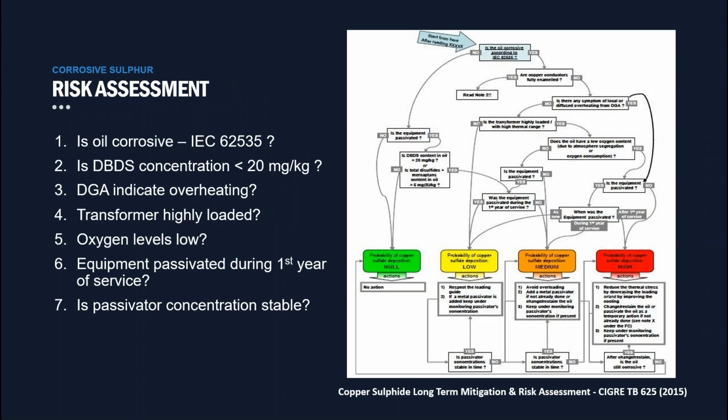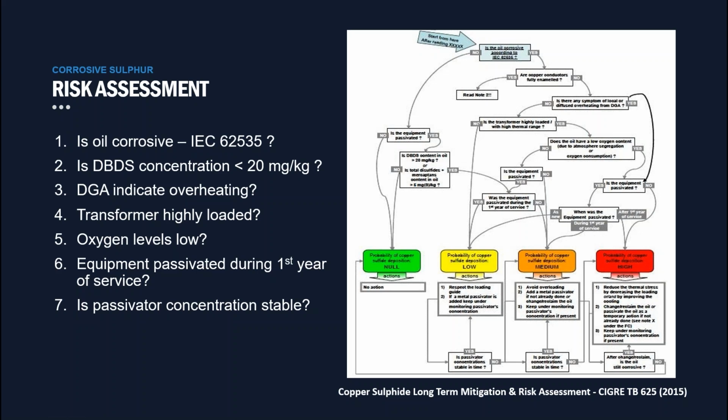I've got a couple more minutes to go, so I'll finish off quickly going through this risk assessment that you can perform yourselves. This was also taken from CIGRE Technical Brochure 625. So think about questions 1 and 2. Is the oil corrosive? Is DBDS concentration less than 20 mg per kg? If the answers to questions 1 and 2 are no, the probability of copper sulfide deposition is 0 and there are no actions. If the answers to 1 and 2 are yes, then we need to look at questions 3